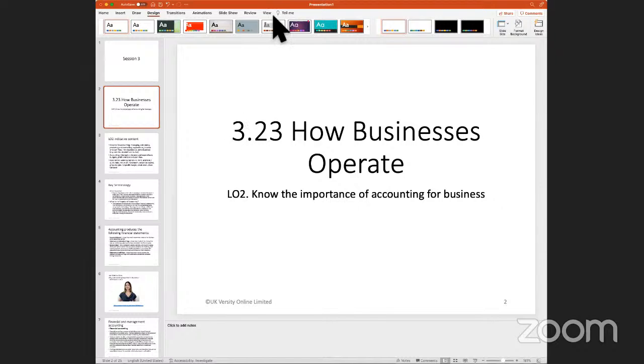But today, once you have a business and the business is formed, what we now need to be able to do is basically run the business. And for running the business, what you essentially need is money. And the accounting side of things, in terms of the importance of accounts for business, is going to help us understand where the money comes from, where it goes, how much is required,